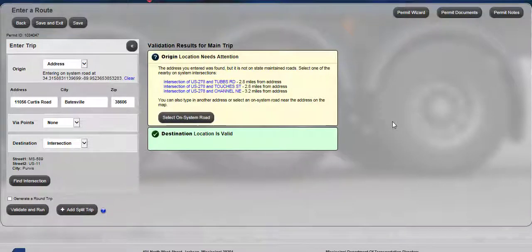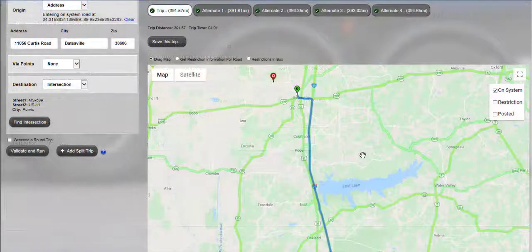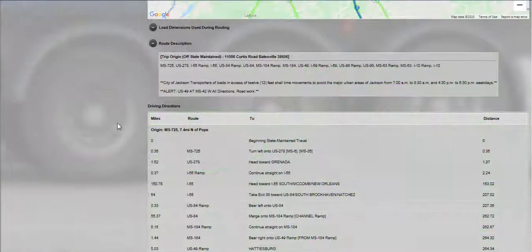Once the system has verified a valid origin and destination has been set, click the Validate and Run button to generate the safest and quickest route. There will be a blue highlighted line starting at the origin and traveling to the destination. Please note, on all routes, zoom in as close as possible and review the entire route before proceeding. Review the route description, which will list the origin, destination, route, and any restrictions or alerts, and the driving directions